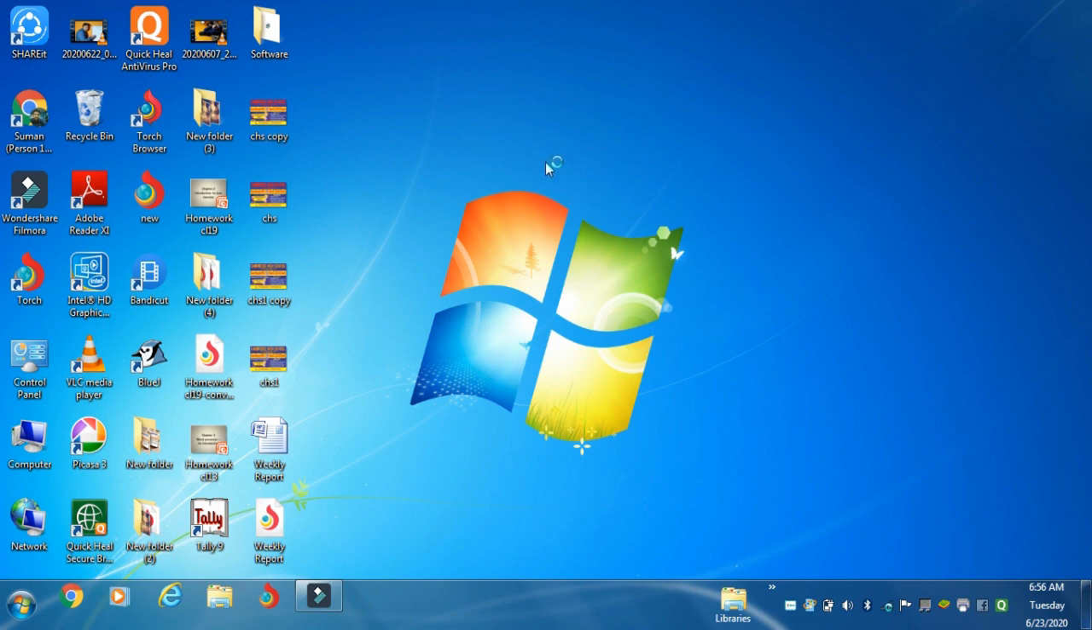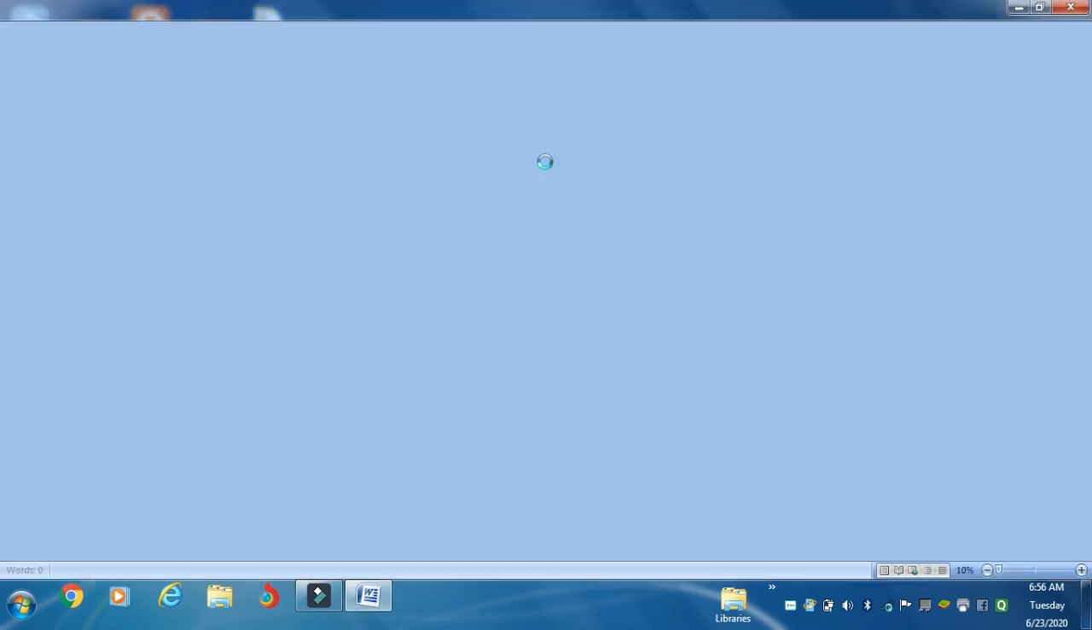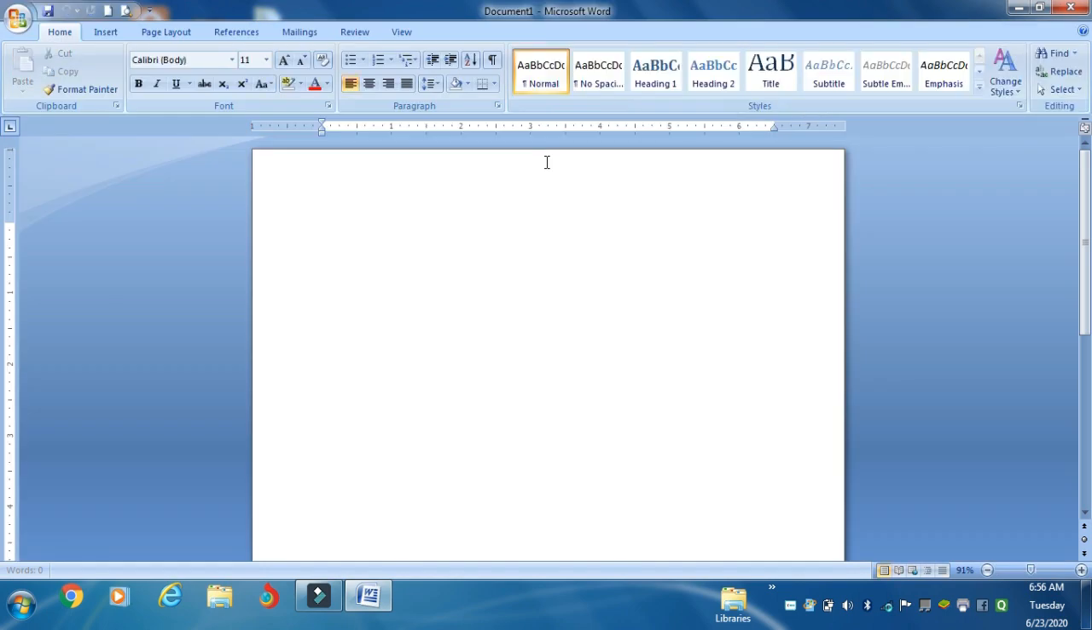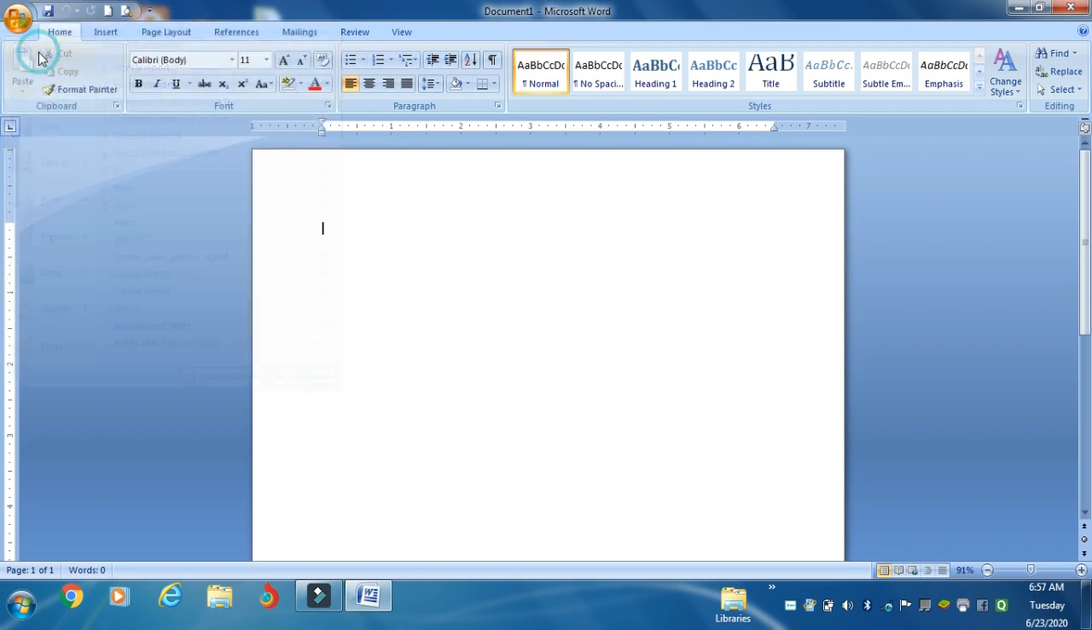So first let me open Microsoft Word. So whenever you need to type, you have to create a new document. Okay, so to create a new document, follow the given steps. You can go to the file tab. Okay, and from there you can see you have a new option available. So when you click on the new option,